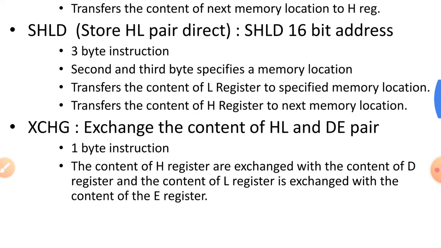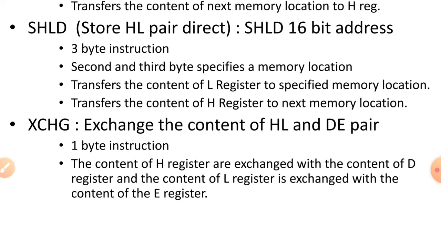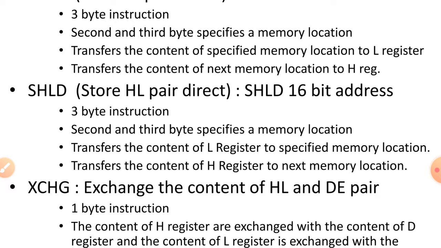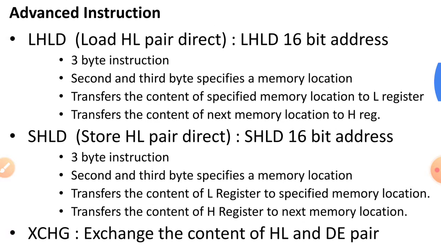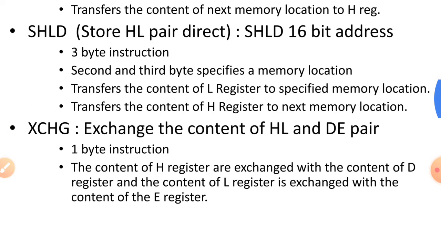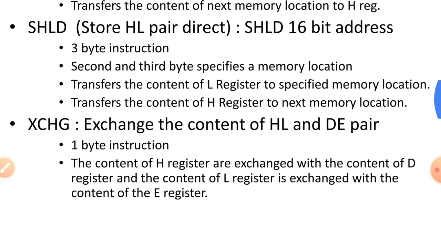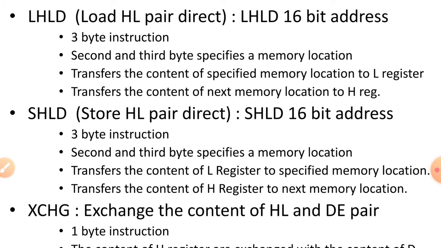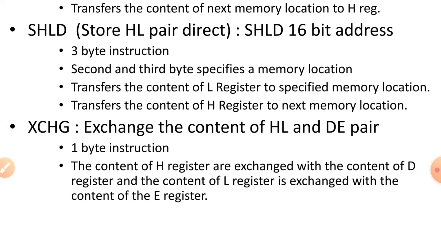The second one is the SHLD. The SHLD is the store HL pair content directly. LHLD is used to copy the content from the memory to the HL pair, and SHLD will be used for storing the content of the HL pair into the memory. So, it works similarly, but the purpose is a little bit different. One is copying from the memory to the HL pair, and SHLD will be copying from the HL pair to